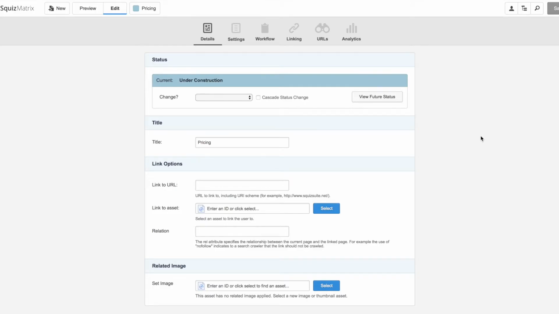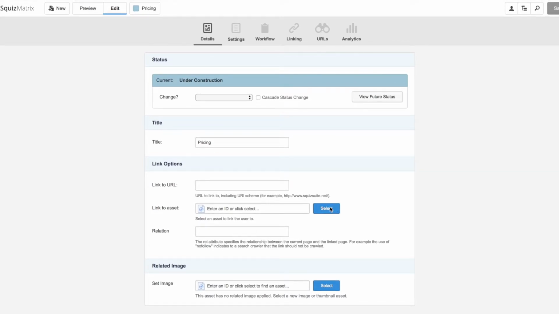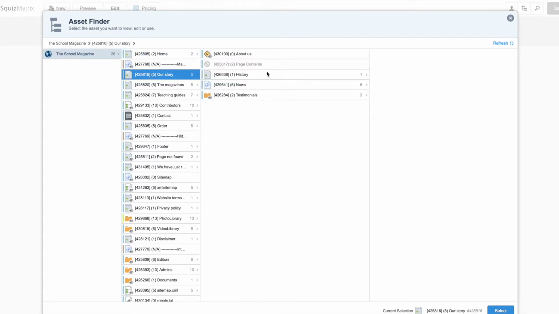To update where those three boxes link to, you select the one that you want to update, so in this example pricing, and then on the details screen you select wherever you want it to link to. So let's see, if we go in, this is just an example.